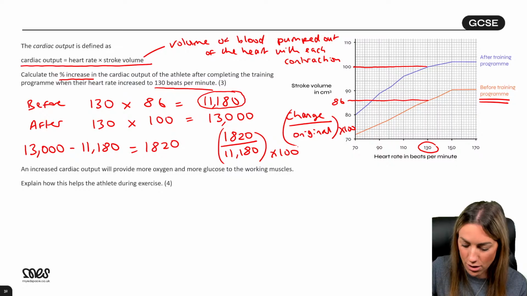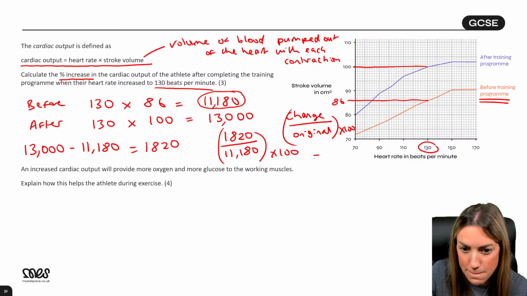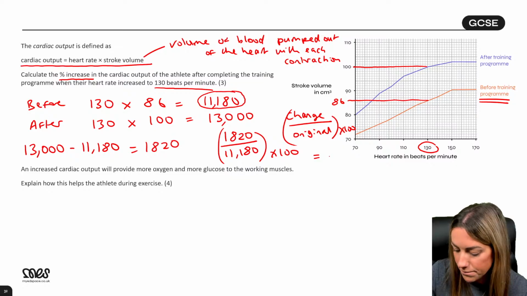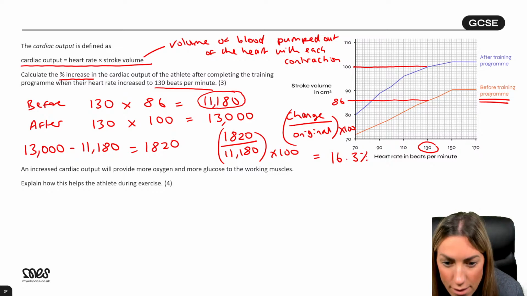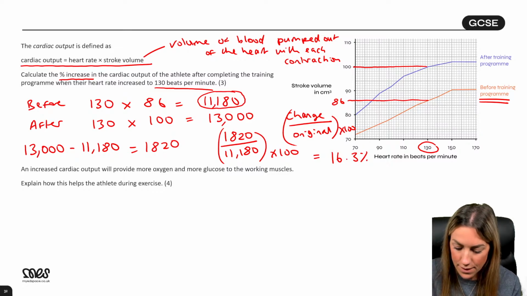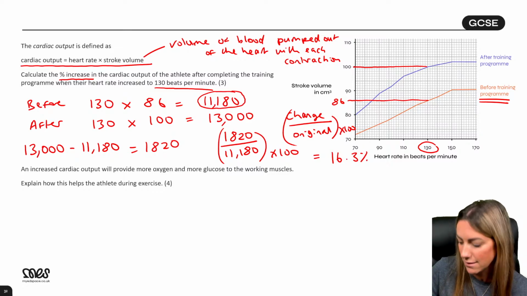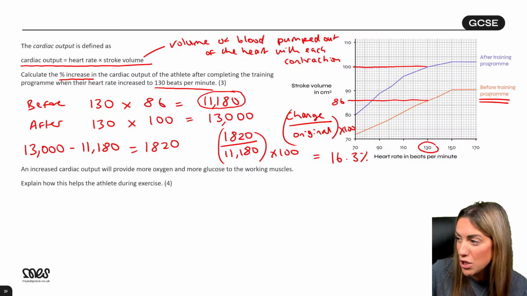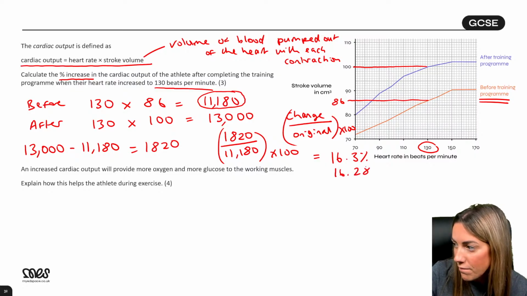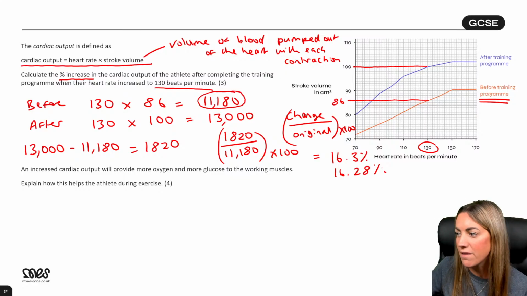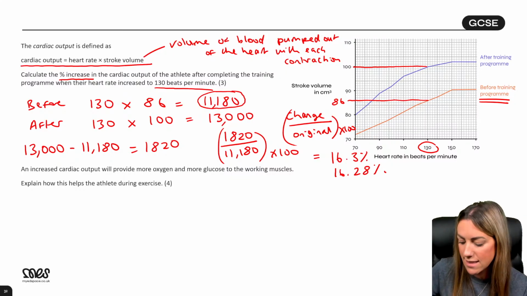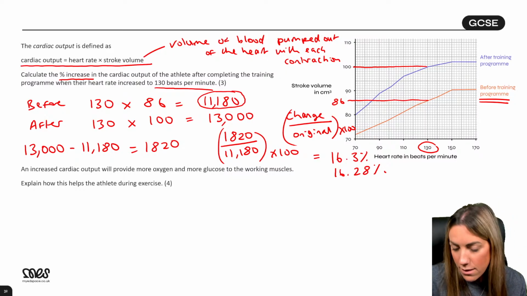And you guys, I've not seen because the chat is moving so quickly, but if you have got an answer, can you put it into the chat for me now so I can see who's getting this right? Well done. I've just seen yours out. That's a sensible number of decimal places as well, isn't it? Mine says 16.279. So you could give 16.28, that would be fine. It doesn't say how many decimal places or significant figures. 16.3 would be fine as well.